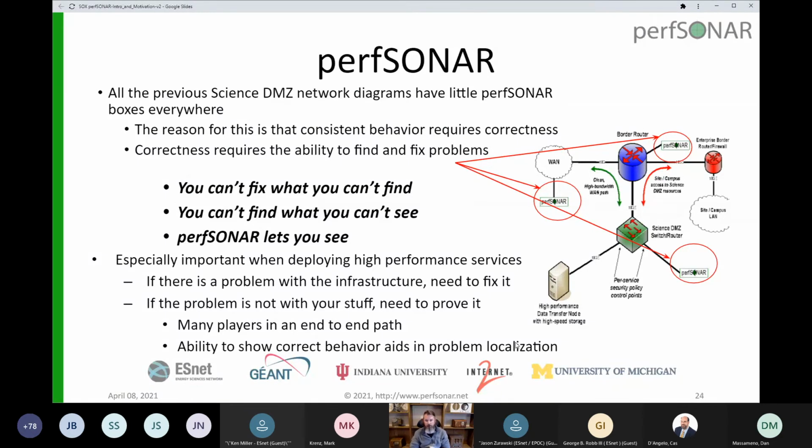So Perfsonar, really at its core, allows you to fix and see the problems that you can't normally see without it. So when we're talking about a Science DMZ or a high performance network,